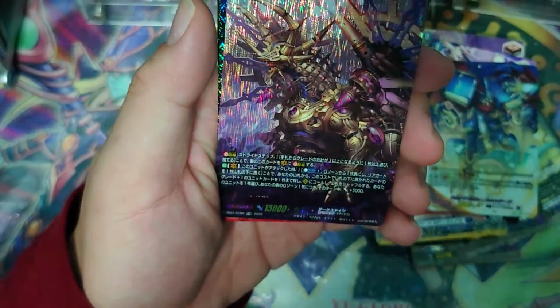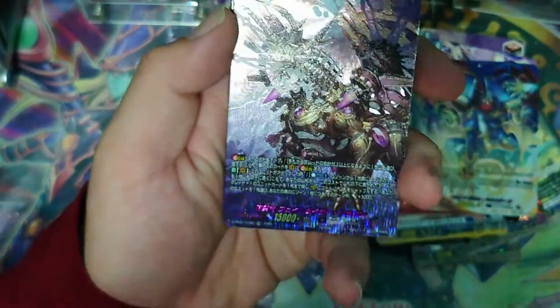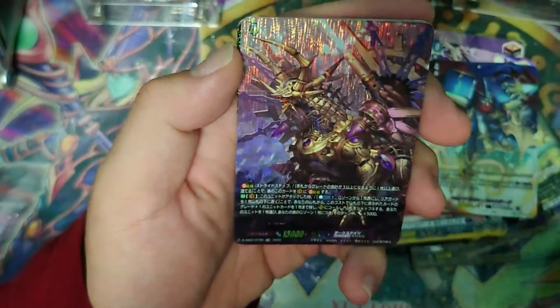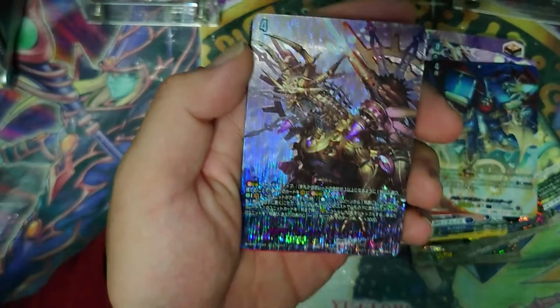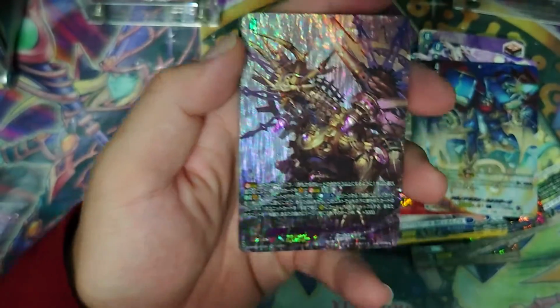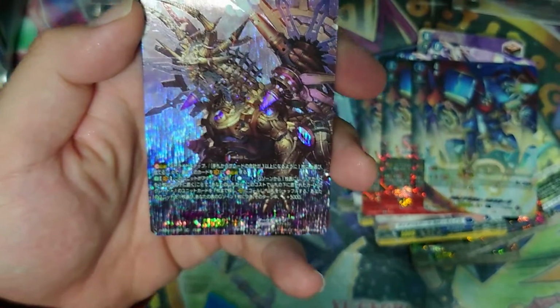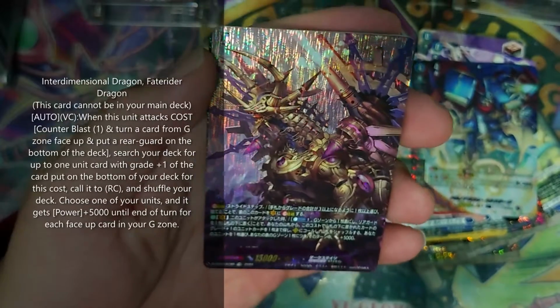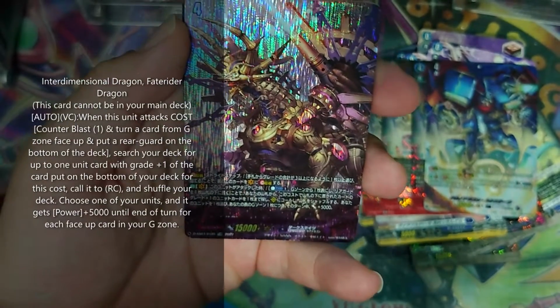Okay, so we have the other stripe, which is Fate Rider Dragon, and they're giving us this art as well. That is beautiful. Kudos Bushiroad for doing this, man. So yeah, this is the second stripe for Chronojet. This is Fate Rider Dragon. Let's go through what Fate Rider Dragon does. We have Interdimensional Dragon, Fate Rider Dragon. So skill is